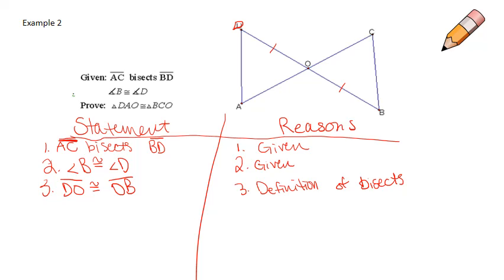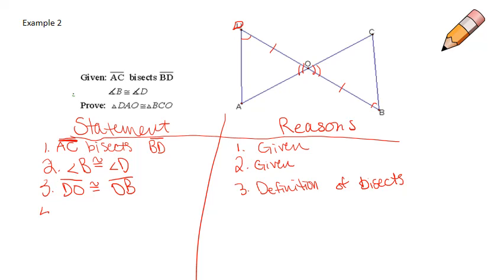We need to know, well, we've been given the information that angle B is congruent to angle D, and I just forgot to mark that. So we can mark that with one little tick mark on angle B and angle D because those two are congruent. And we also know that angle O on the left side and on the right side are congruent